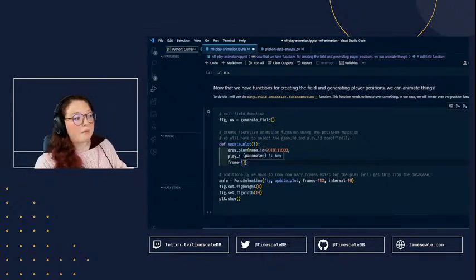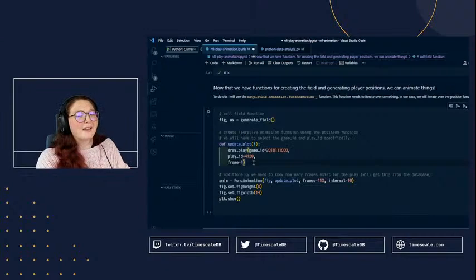In this case, we can use frames because that's how this data set is set up, which is really nice. It's almost like they wanted you to animate, because part of the competition was animating plays, but anyways,